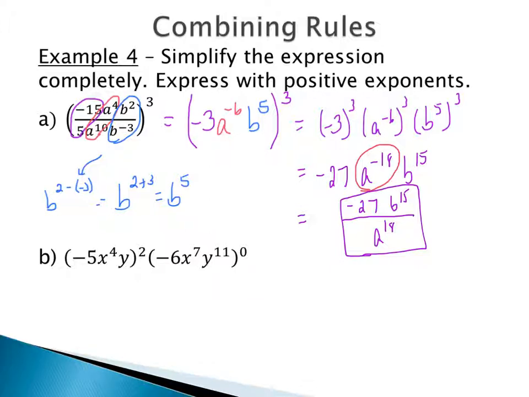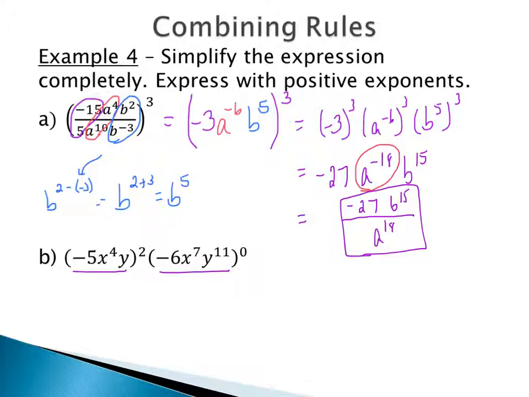So first, again, following our order of operations, we would look in our parentheses first. Within each individual parenthesis, there's no other work that we can do. We have no like terms. We have nothing that we can multiply, nothing that we can divide using our product rule or our quotient rule. So then the next step would be to use our exponents, right? Order of operations: parentheses, then exponents.